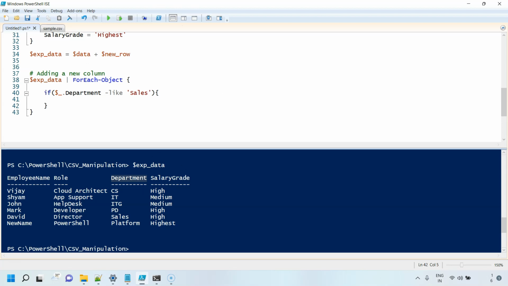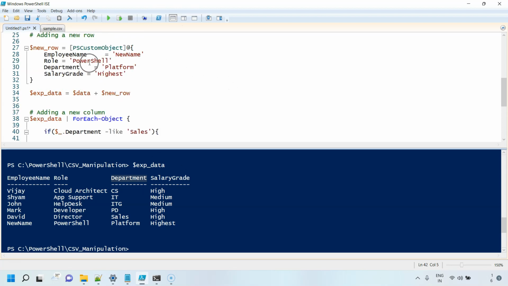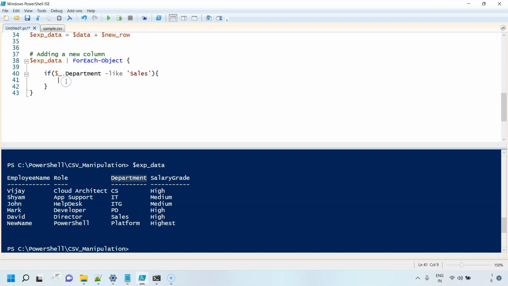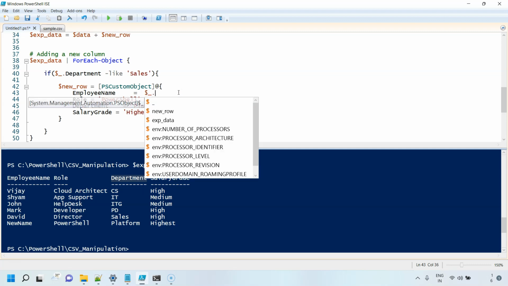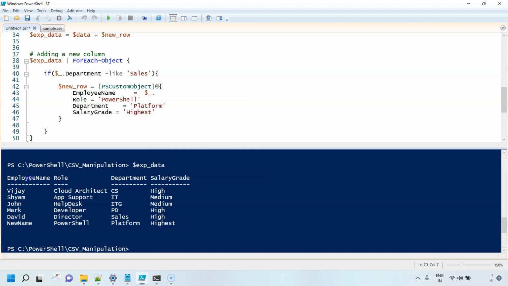We want a new column to be added just like our previous PSCustomObject. So I'll say, in this case we do not want any hard coded value, but we want to take from the same record, right? So $_.EmployeeName property we want to read from here, role becomes role, department becomes department, salary grade becomes salary grade here. We want to add this record, so there's no change in this except that we want to add this thing, okay? Group